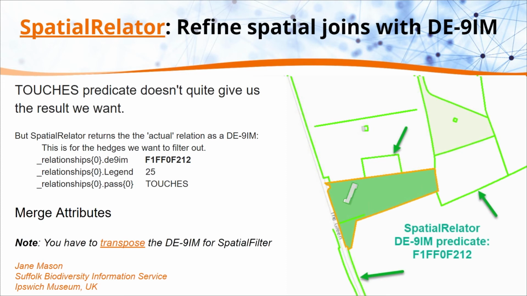Now that's actually quite a hard thing to do if you have to build this DE-9IM predicate. And the great thing about the spatial relator is that it returns the spatial relationship between your features, and you can see the actual relationship that you get back. And so if we bring up that